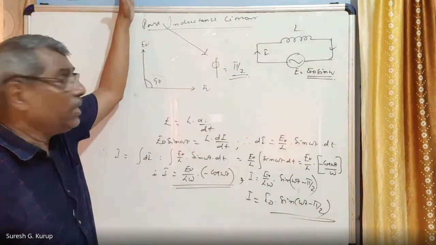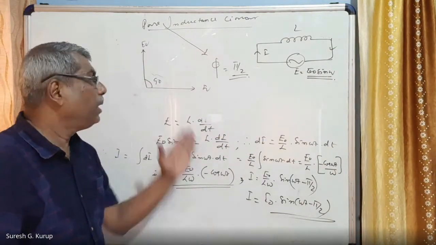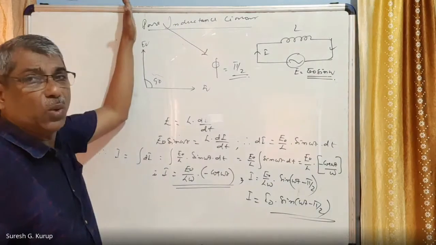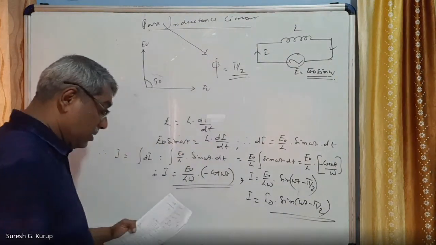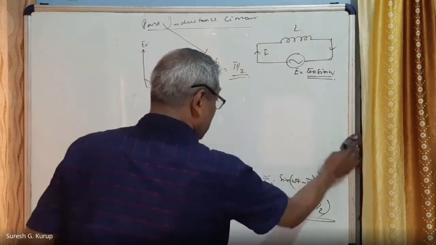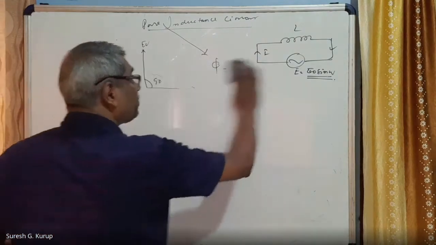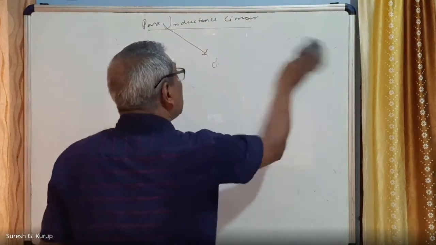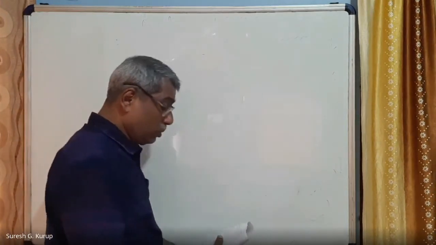E vector up and I vector along the x-axis, and this is the y-axis, making an angle of 90 degrees. And this is about the phase difference between current and EMF in a pure inductor circuit. You have seen that. We have seen that also. Then I am coming to the graphical representation.